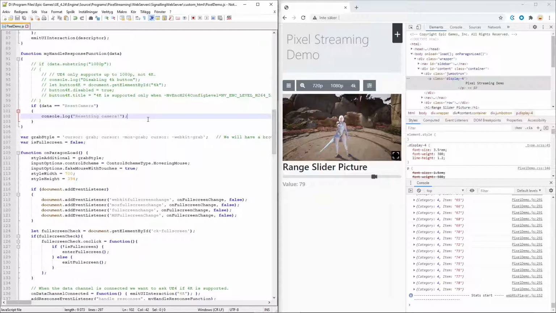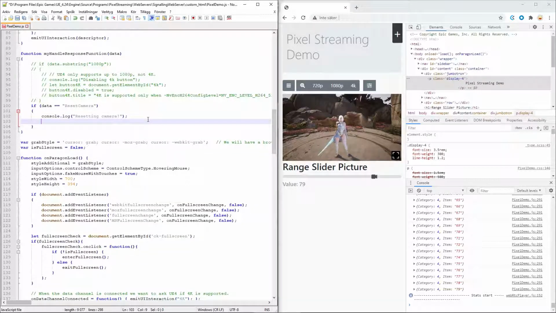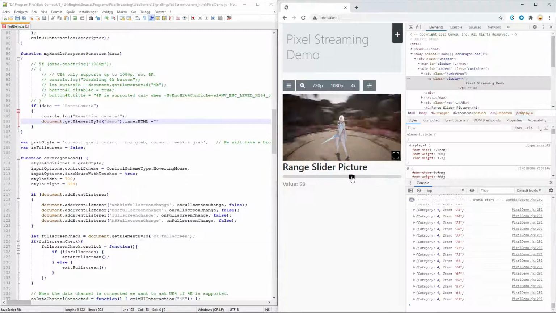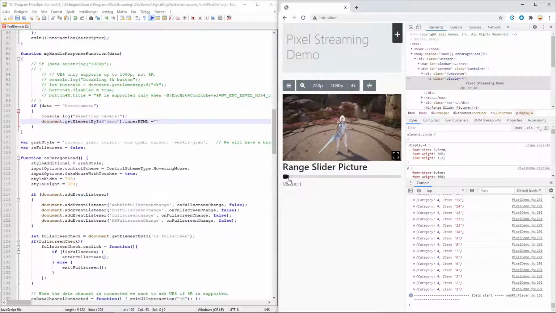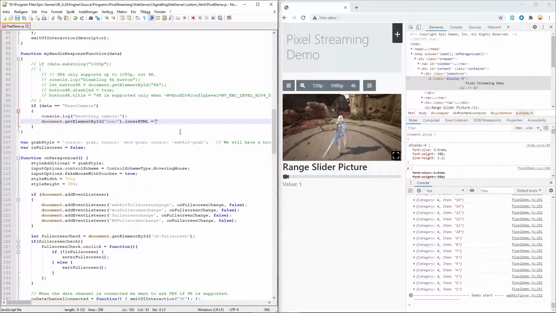So in that case, we used the document dot get element by ID and just looked for the ID of that, which I think we called demo. And then we can change the inner HTML like we did before. In this case, I think the reset value should be here at 1. So let's make it 1.